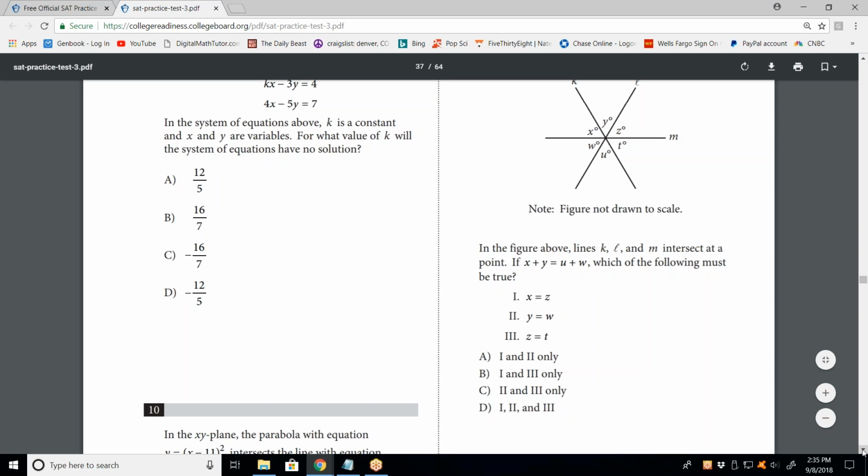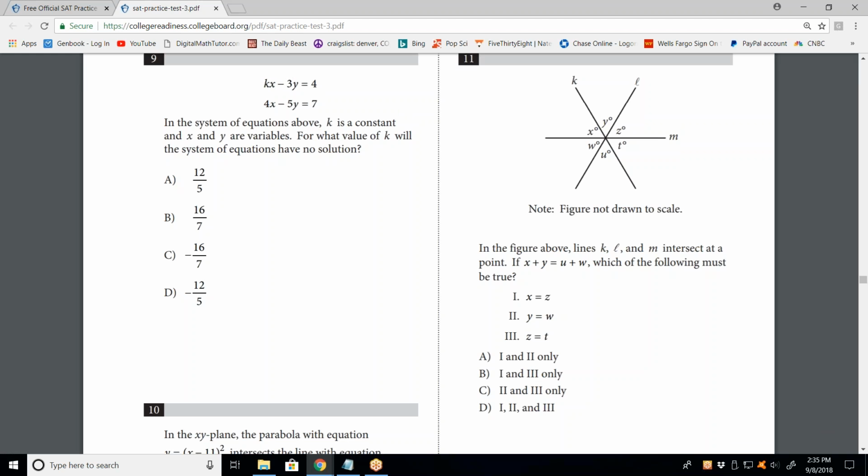So, if I only had a few seconds to go on this test and I had to give an answer, it would be this one right there. It would be D. It'd be D. In other words, I think all three of them are true. If they're telling me that 2 out of the 3 have to be true,